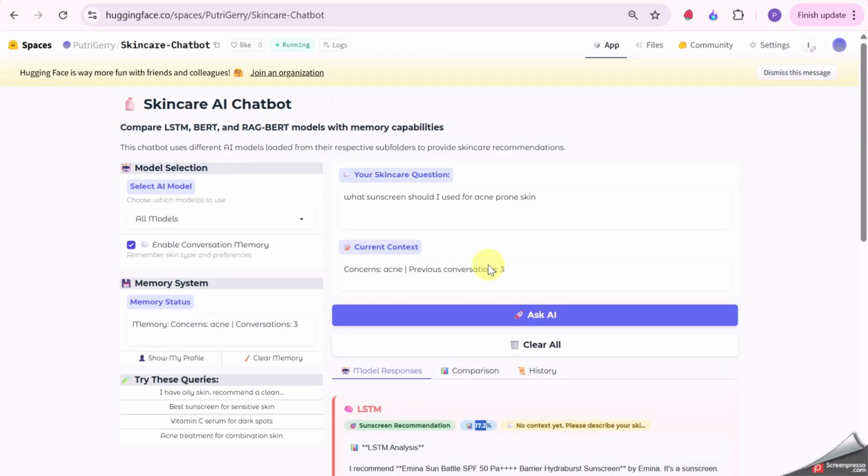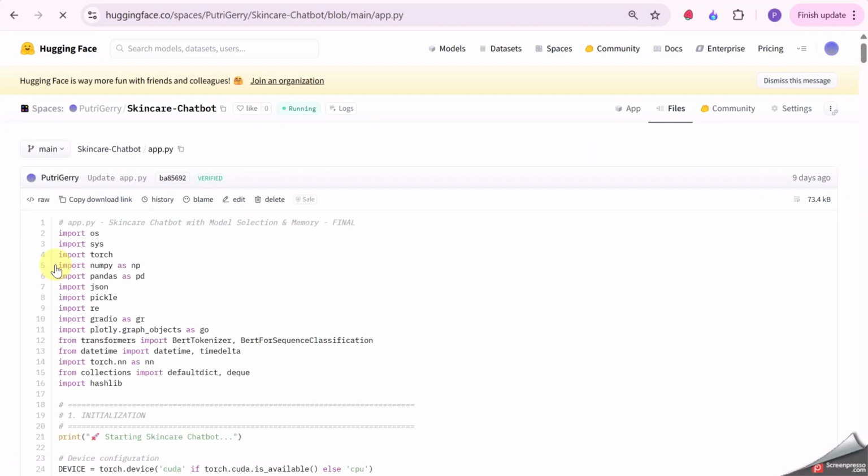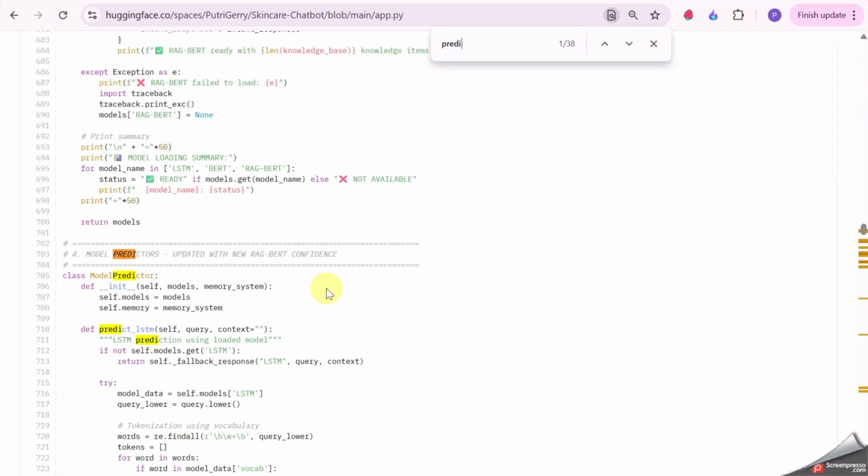This is my first skincare chatbot, and in the app on the prediction, it doesn't have prediction LSTM, it doesn't have a synonym section. Prediction.